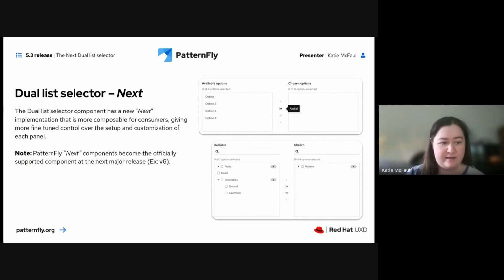Just wanted to cover that we have a new implementation of dual list selector in the 5.3 release. It is more composable for consumers. It'll give them greater fine-tuned control over the setup and customization of each panel. We encourage everybody to try it out because as of the 5.3 release, it's in beta, so it's still open to feedback, changes, and will be our next official supported way of doing a dual list selector in our major